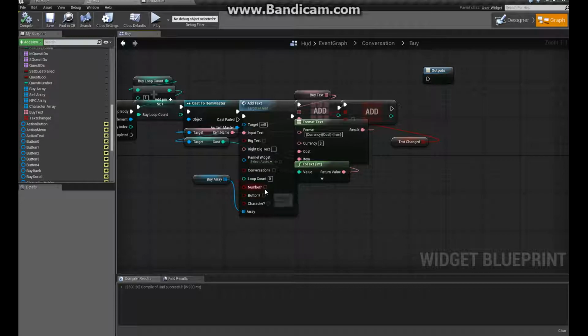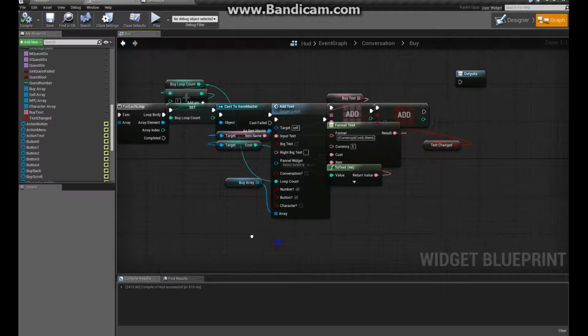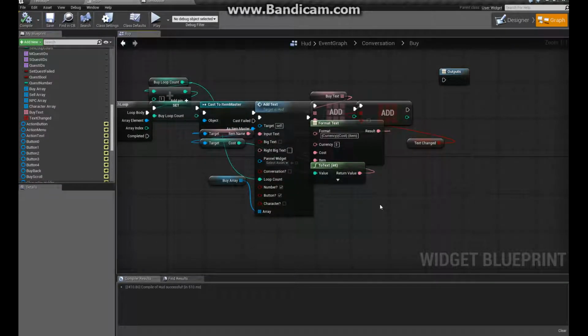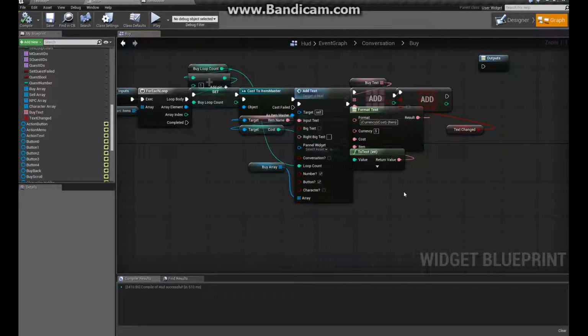Okay, so now that we have that, click the number because we're gonna have like first item, second item, third item. Of course, if you don't want numbers, you don't even have to have the loop count. And we do need the button so you can click on it to buy it. And it's not a conversation, it's not the character. So for the loop count, drag that in there. So now I have 1, 2, 3, 4, 5. And let's see, we only have items, so I think that's